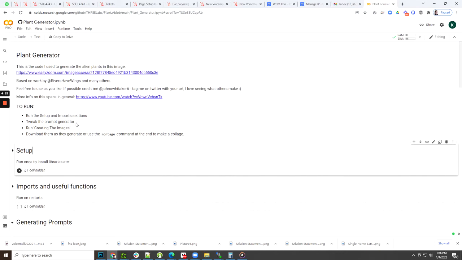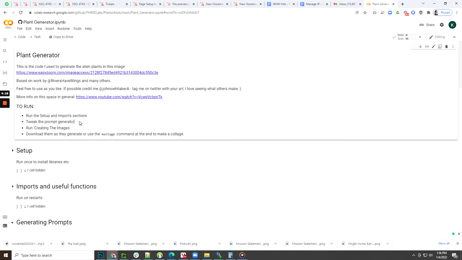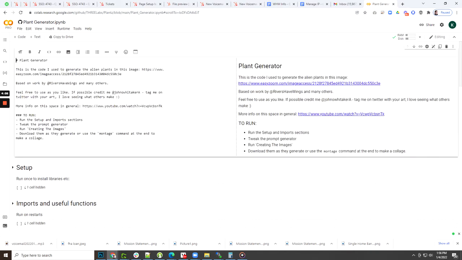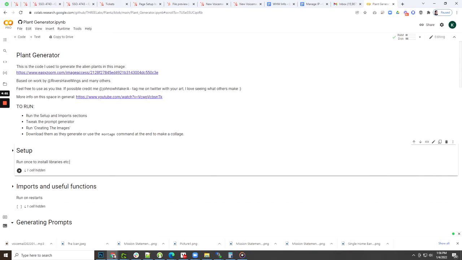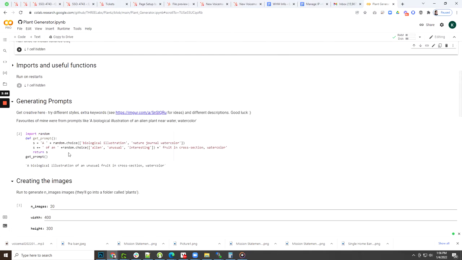So I'm going to show you how to set it up. Show me the first thing, and then tweak the prompt generator, which is basically just telling it what you want it to do. Like, I want to see a dog on a beach, watercolor paint, something like that. And then we won't even do that other step here. Oh yeah, we'll create the image. So this first video is just going to be setting up this thing here. This thing we're looking at,